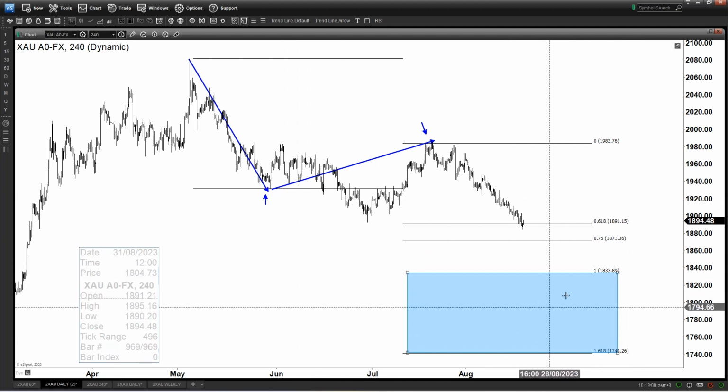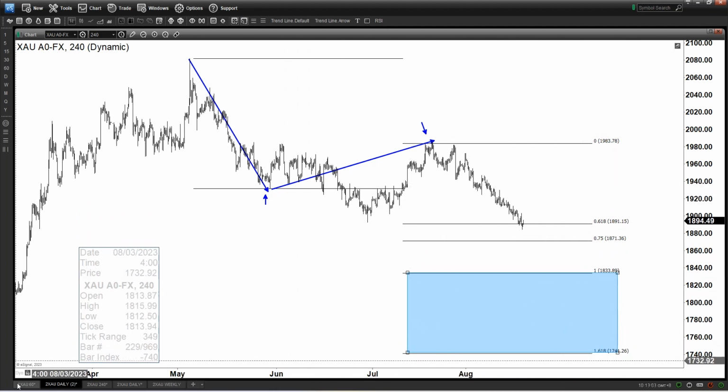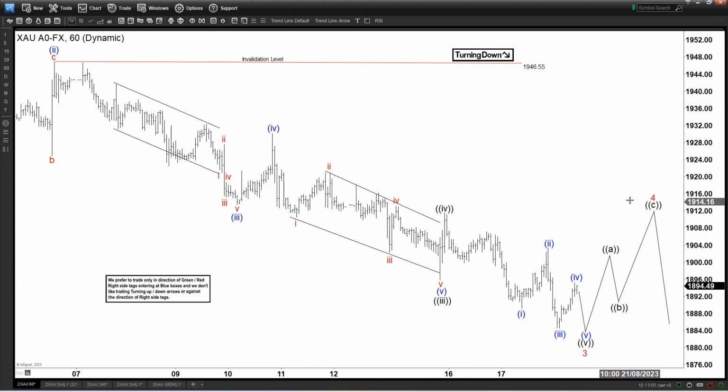Okay, so that is the update here. So gold, therefore, in the shorter cycle, we still cannot rule out a leg lower, as long as we don't break above 1946, as long as we continue to stay below here. And let's say if we continue to make a bigger rally, what we can do here is just calling it completed like this. 1, 2, 3, 4, 5. So we can adjust the count like this, and then we can just call this as a bigger degree 4 before lower again. But again, as long as we stay below here, we cannot rule out more downside, because